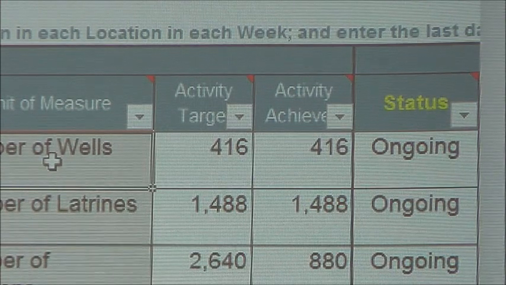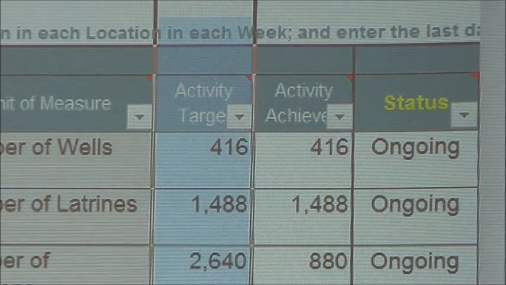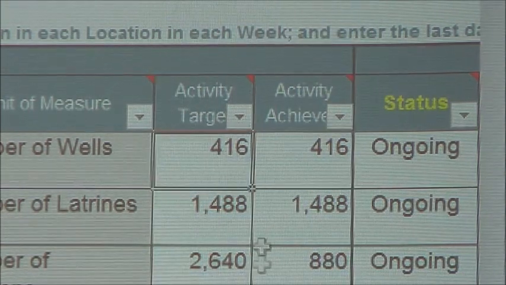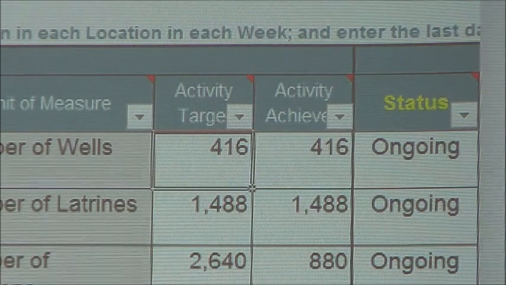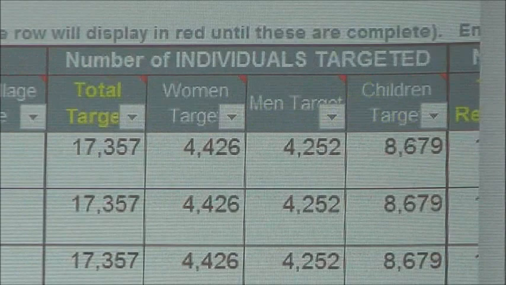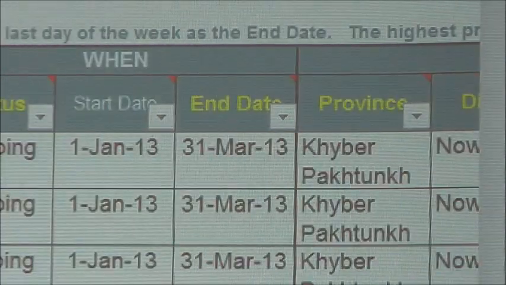It was just weird. And we got a lot of people putting in the number of beneficiaries in here. When in fact, there is a place for the number of beneficiaries further over in the page. So what we're after over here, in these activity columns,